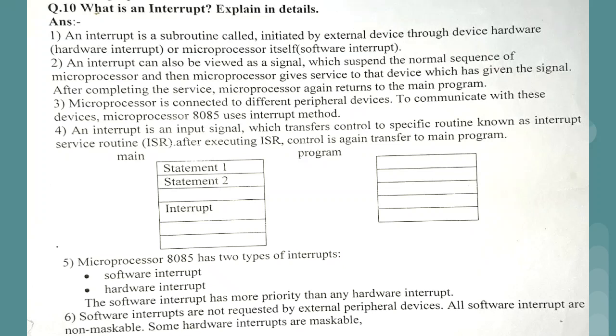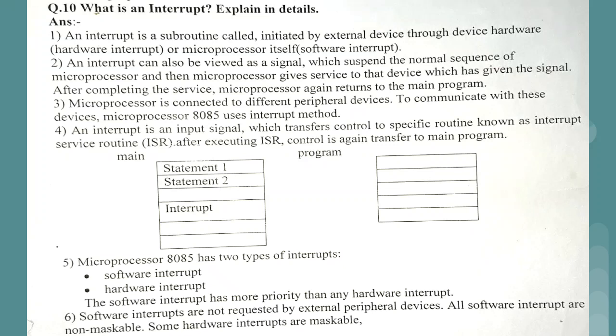Students, in the last lecture we already learned the topic of interrupt. In this topic we learned two types of interrupt, that is software and hardware interrupt. This we have already seen, still I am showing this image for a small revision. Whenever we consider any type of error in assembly programming language, that is called an interrupt. An interrupt is nothing but a subroutine which can be initiated by an external device.